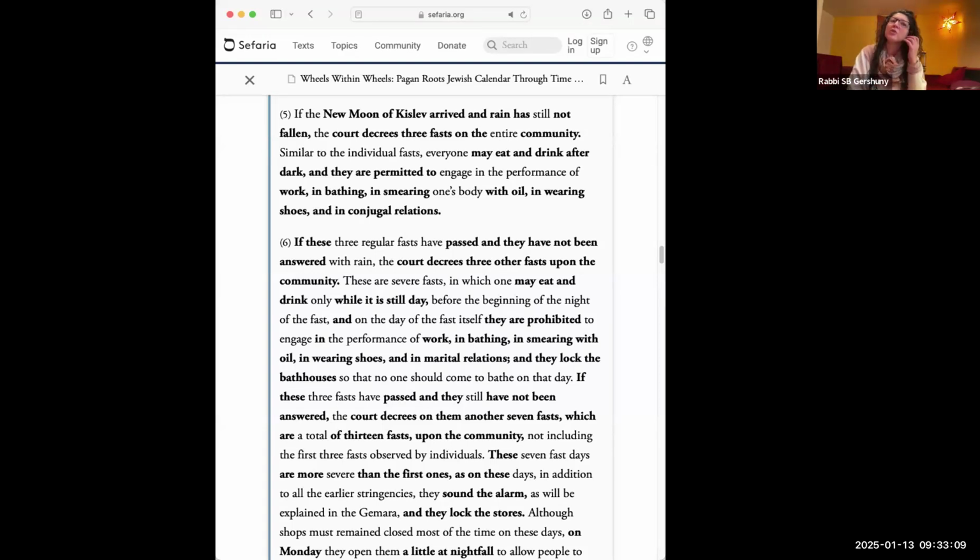You might remember there's a famous story, I think it's in Masechet Rosh Hashanah, of the witnesses coming to describe the moon, and Rabban Gamliel had a chart that he would check against, of what the moon's supposed to look like, where it's supposed to rise. So there was already some amount of calculation, and they were checking the eyewitnesses against what they knew ought to be happening. And then over time, partly for reasons of holding political power,